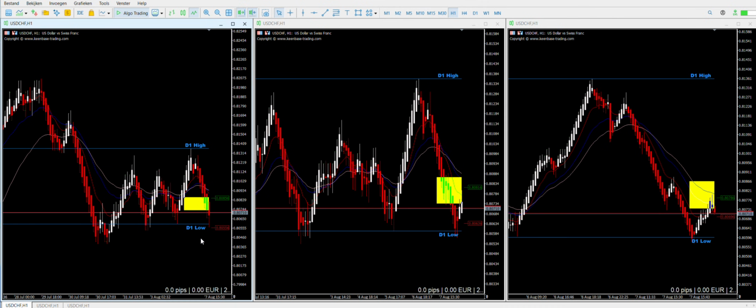If you look at my previous videos, you see I use a paid tool, but a lot of people ask me, can I do this setup also with free indicators? But yes, you can. You can do it also on normal charts.